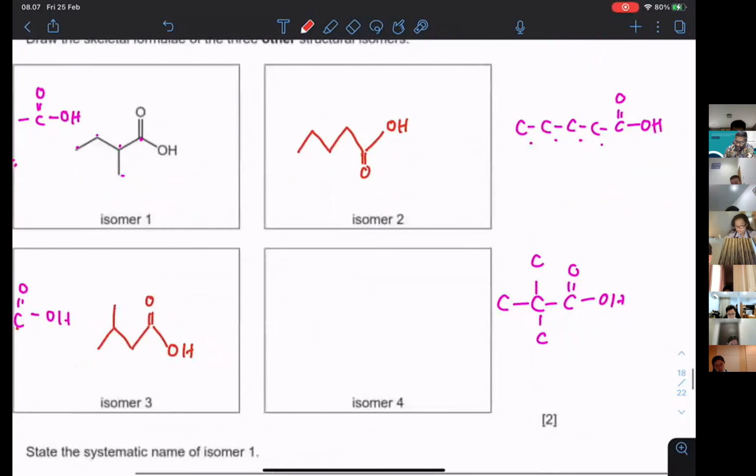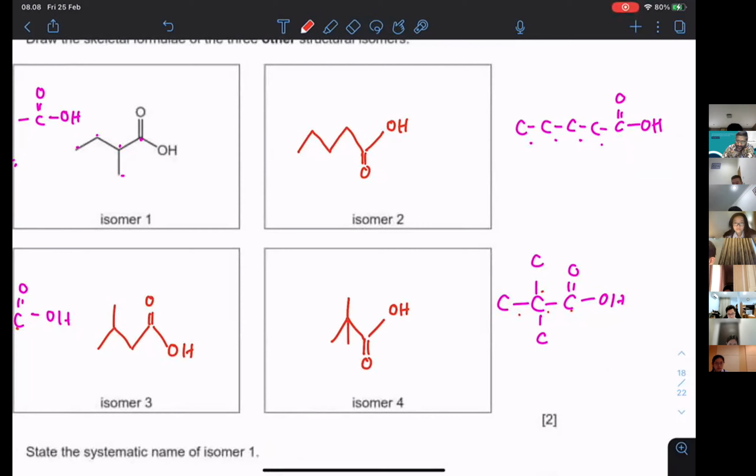Here, 1, 2, 3. And then C double bond O, OH. At carbon number 2, there's C and another C. If I have C here, and there is another C, instead of drawing it like this, which looks horrible,